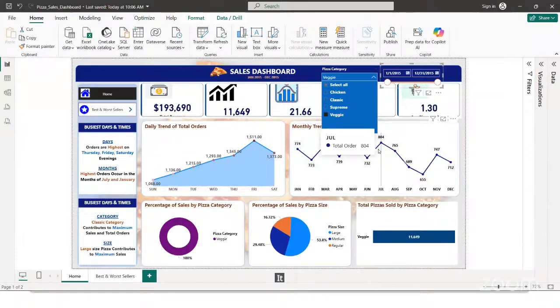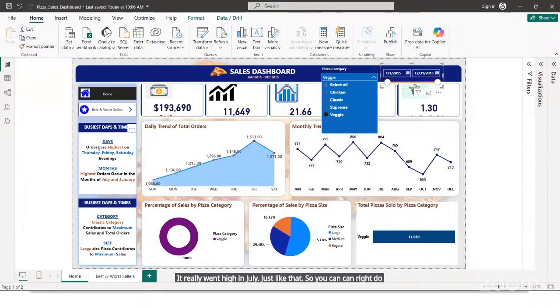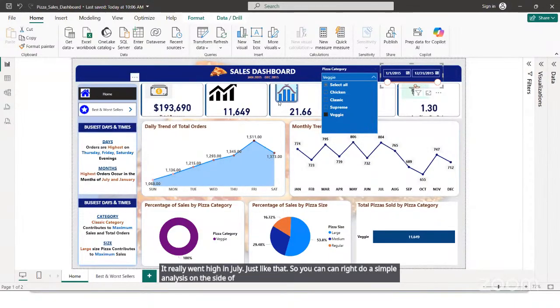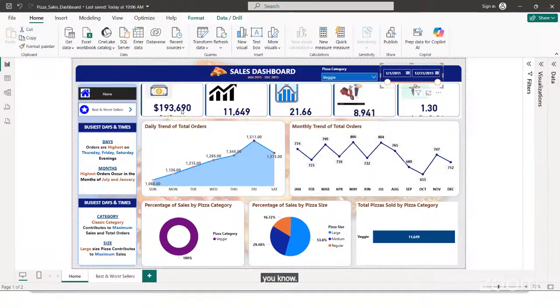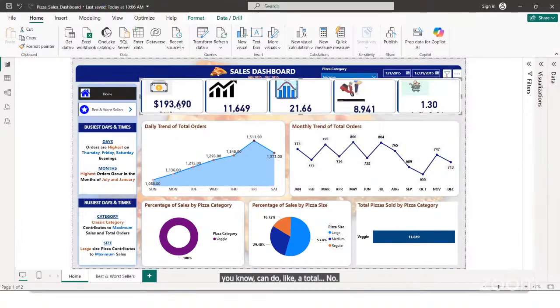And you can see this company's sales are really declining. It really went high in July, just like that. So you can do a simple analysis on the side of your dashboard, right, to tell a story to your management. You can do a total,